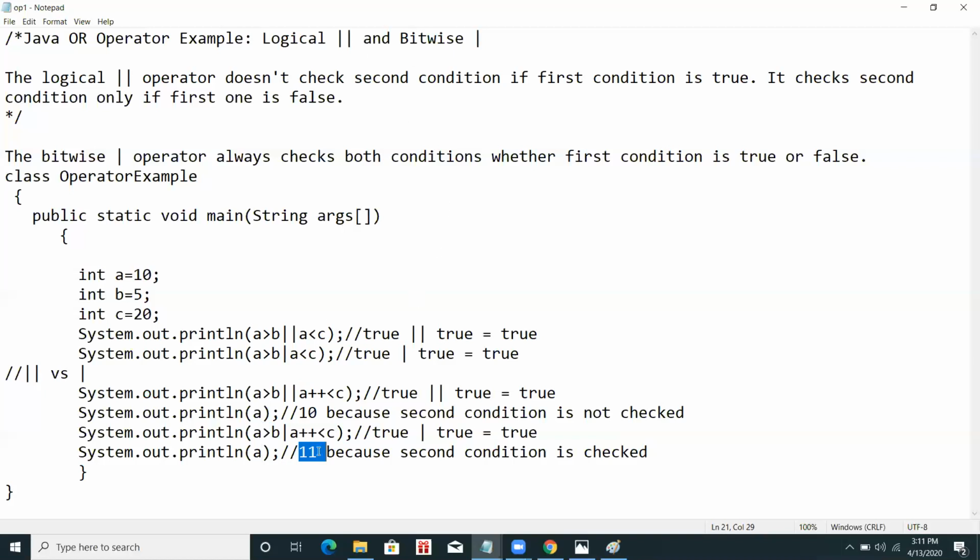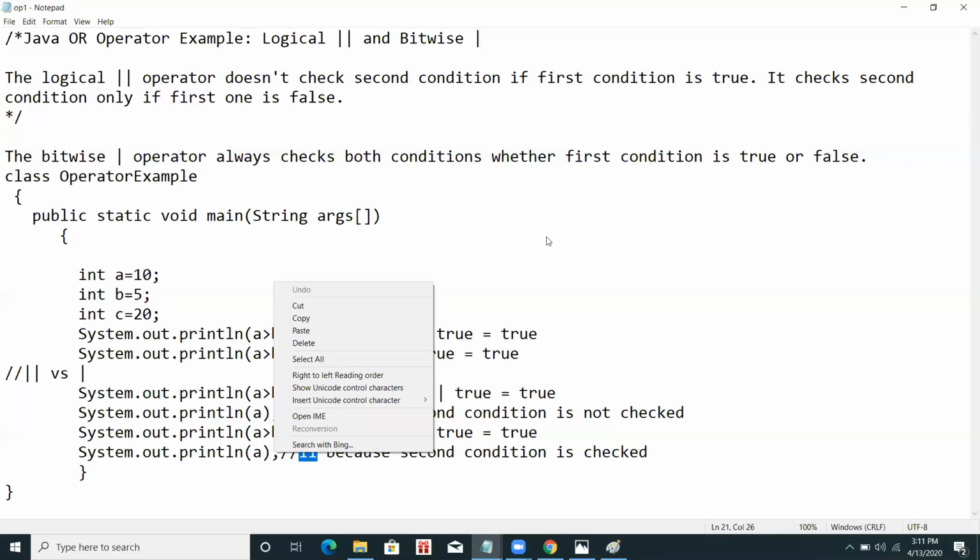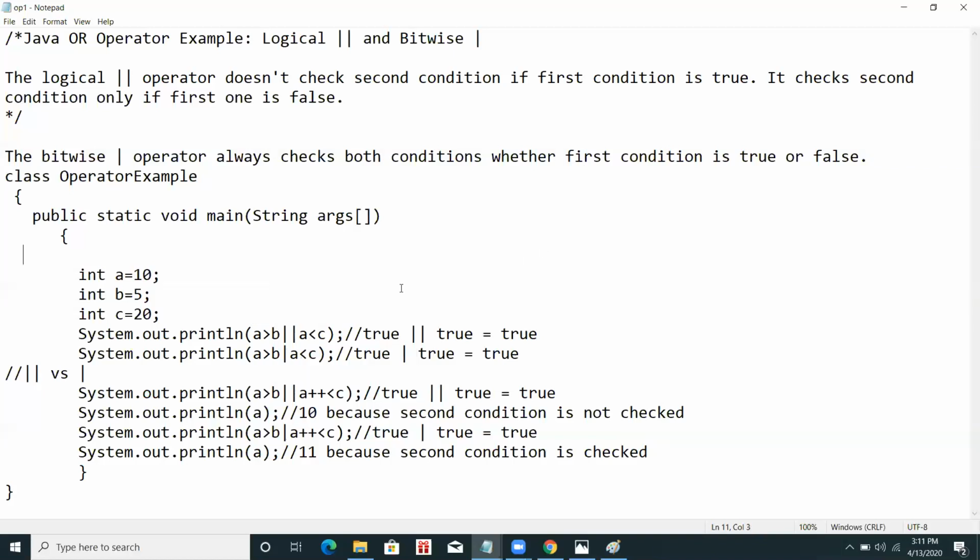This is a short, simple and easily understandable example of the difference between bitwise or and logical or. Bitwise or and bitwise and are used when we perform operations on bits. And what is a bit? That is the binary form, 0 and 1. We can say that 1 byte equals 8 bits. So when we work on these binary forms, bitwise or is used. The main difference was this only.